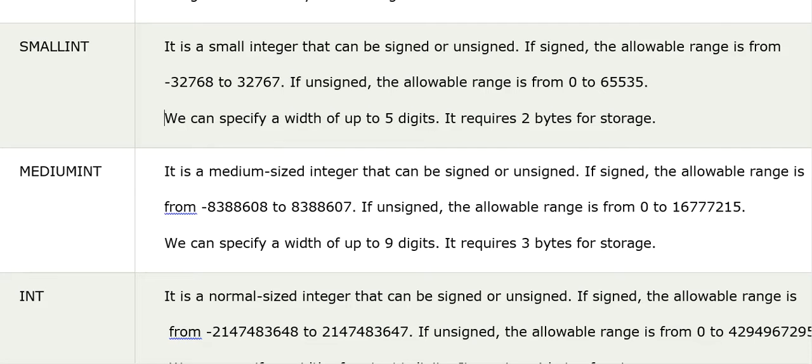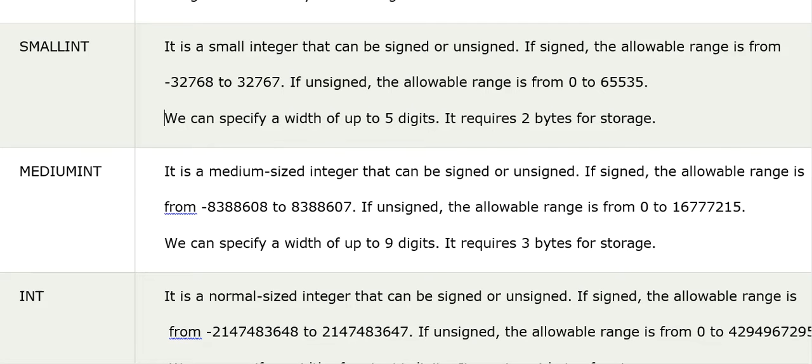And in unsigned values, the range is from 0 to 65,535. So you can store a value of up to 5 digits, a 5-digit decimal value. It requires 2 bytes for storage. In tiny int we are only using 1 byte, here we require 2 bytes. As you can see, the size and the number has increased.